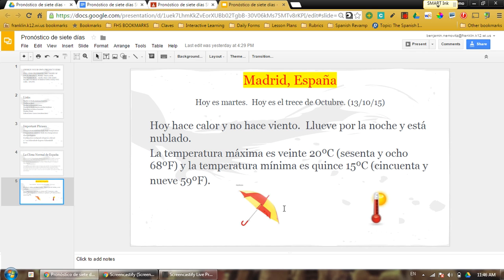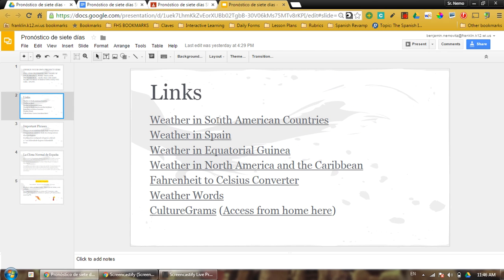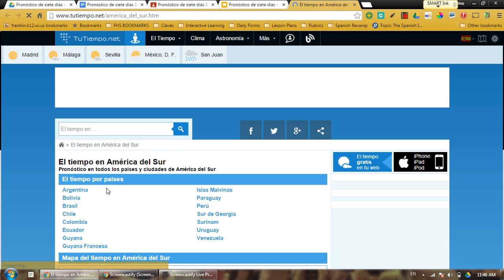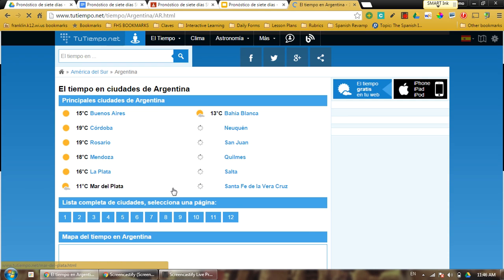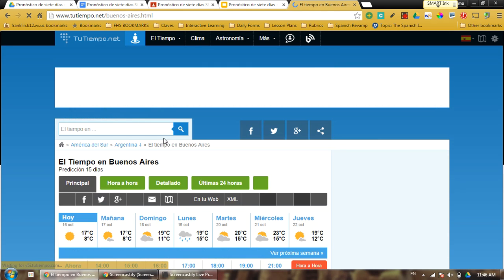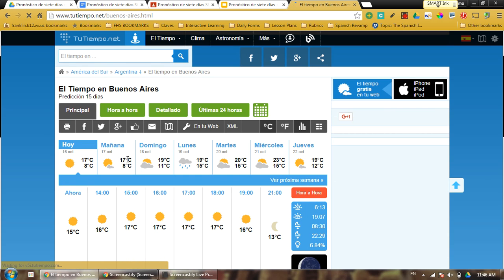If you're having trouble, so again, we're going to our links up here. We picked Argentina for this sample project. We would go to South America, click Argentina. It will take you to the cities. Choose a city, and you can see in Buenos Aires, days are looking pretty similar. Every day staying around 20 degrees. It's a little different, but not crazy different. We've got cloudy, we've got rainy one day, but this isn't totally different.